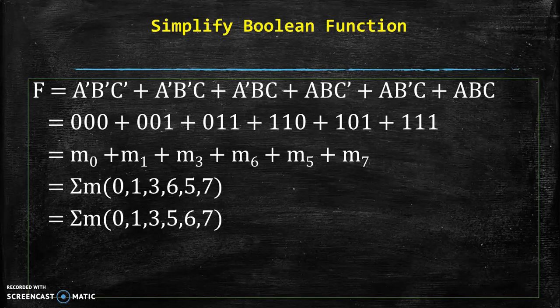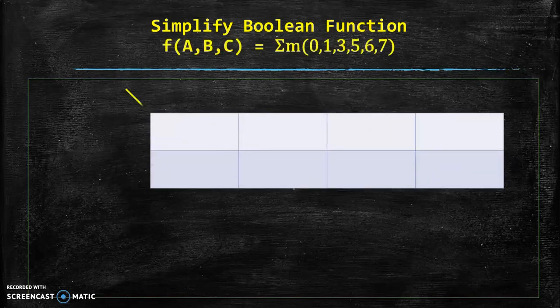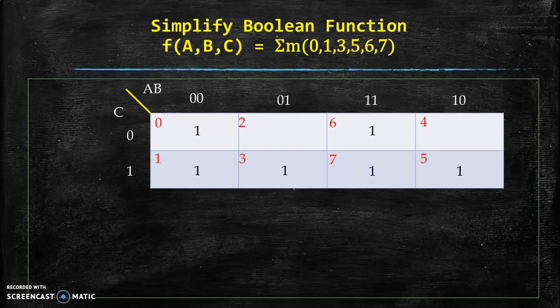So once these minterms are ready, we can go for preparing the K-map. Now again for 3 variables we have to prepare our K-map with variables A, B and C, and we give the equivalent decimal number to each group. We write 1 for the given minterms and we write 0 in all other cells. Now the next step is to prepare